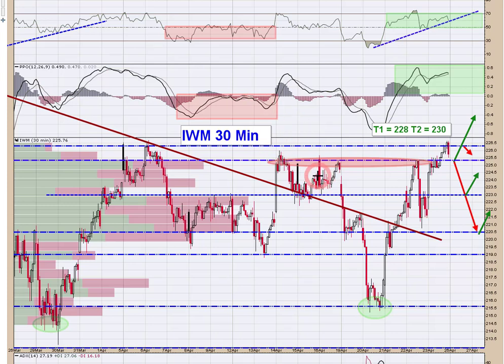Moving quickly on to IWM. Here was the little move above and dump into the close. I think if we can take out the highs of Friday at 226.50, then your next target, and I got these off of longer time frames, 228 and